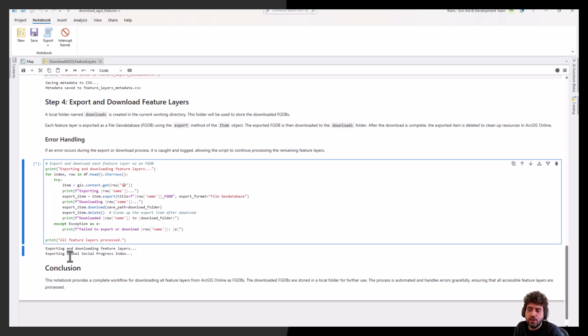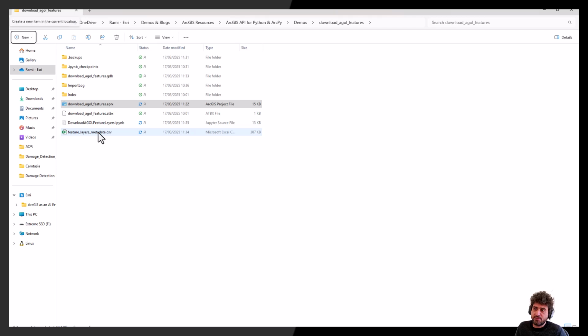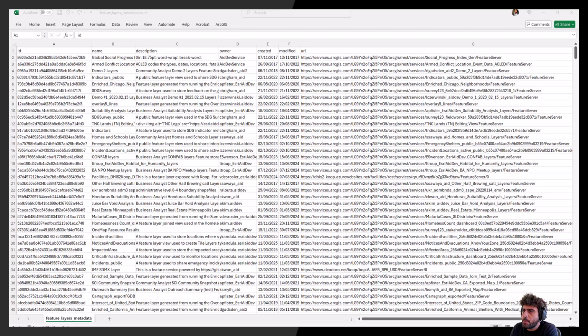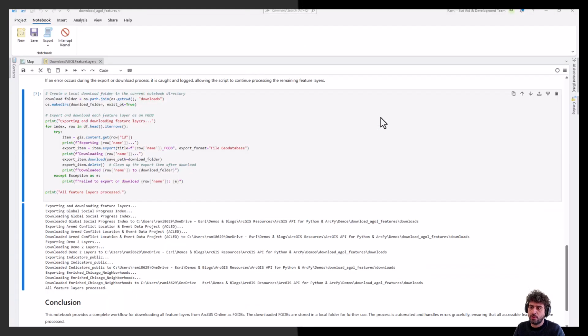The code is going to run, it's going to visualize this data and go forward through things. In the meantime, as it's doing that, I'm going to navigate to the CSV that we saved. Open that up. We see that the feature layer data frame with its corresponding information was saved as a local CSV, where we've got the ID for each feature layer, its corresponding name, description, and other relevant metadata. With that, let's navigate back to ArcGIS Pro